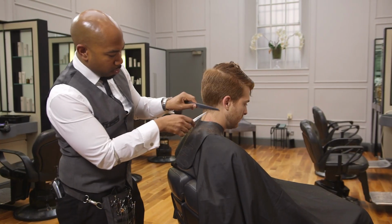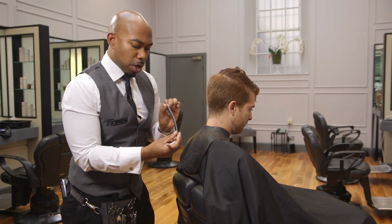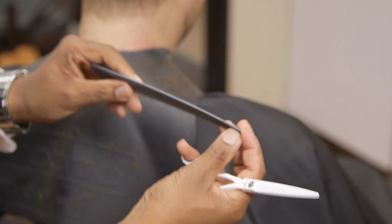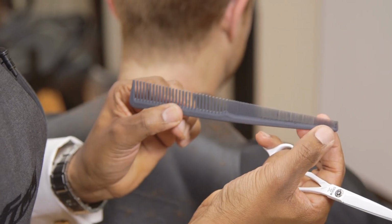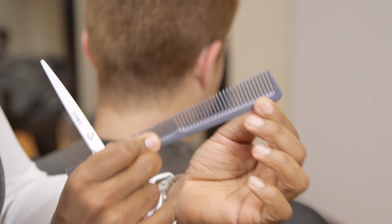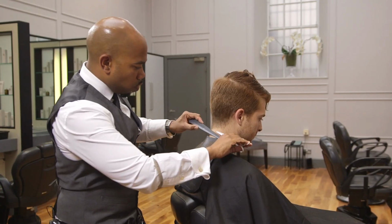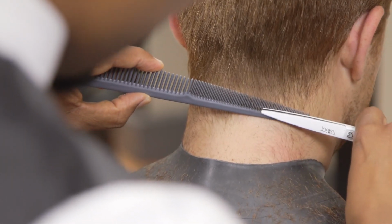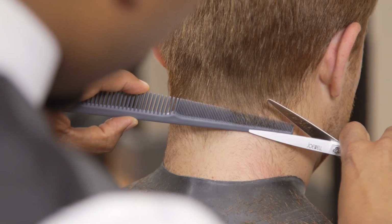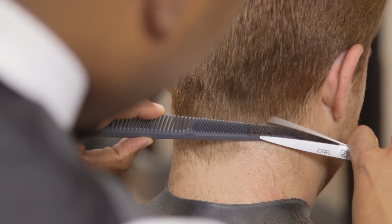Okay, to do our tapering on the neckline, we're going to use our barber comb. You can see our barber comb is quite flexible, but the spine of the comb is very, very thin. So we've got about 1 mil here and slightly fatter on this side. We're going to focus on using the smaller teeth of our comb, resting the spine of the comb on the scalp, and I'm just going to bevel out,